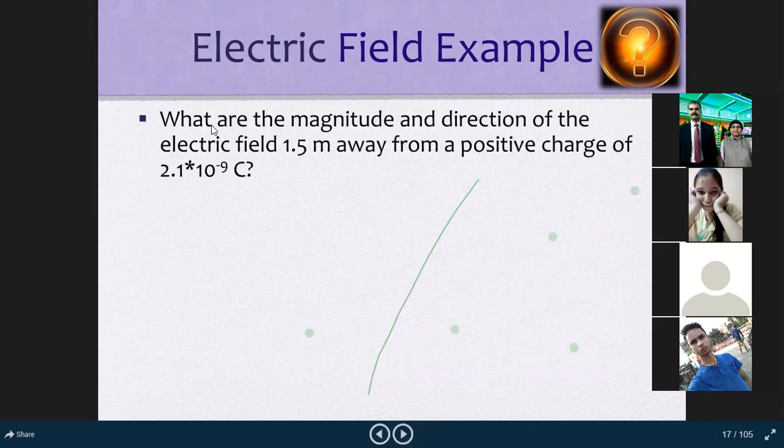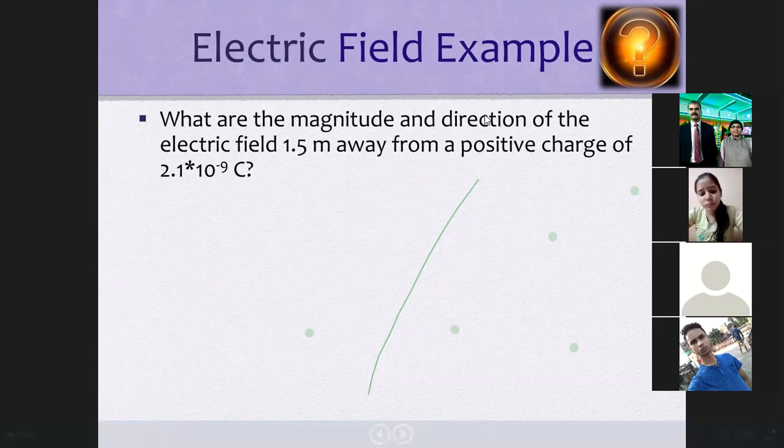नेक्स्ट क्वेश्चन, what are the magnitude and direction of electric field 1.5 meter away from the positive charge? This is the value of charge, positive charge, कैपिटल Q है, इसको कैपिटल Q कहेंगे। 2.1 इंटू, ये जो स्टार है इंटू का साइन, क्रॉस का साइन, मल्टीप्लाई का साइन, इंटू 10 to the power -9 कूलम। दिस इज कैपिटल Q। तो पूछ रहा है क्वेश्चन कि व्हाट इज द मैग्नीट्यूड एंड डायरेक्शन ऑफ इलेक्ट्रिक।